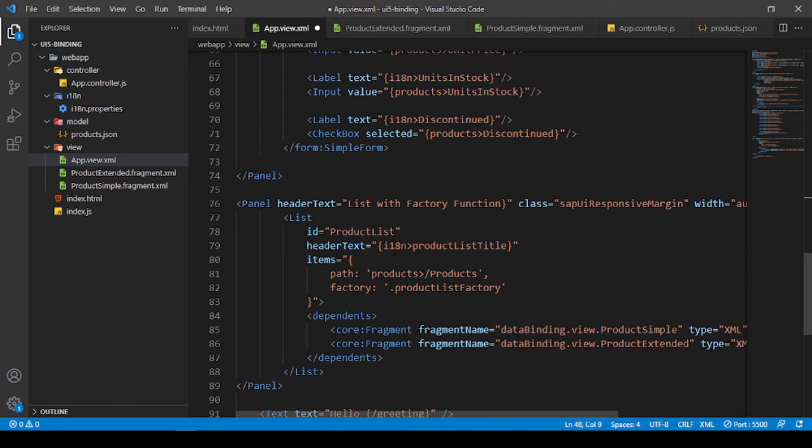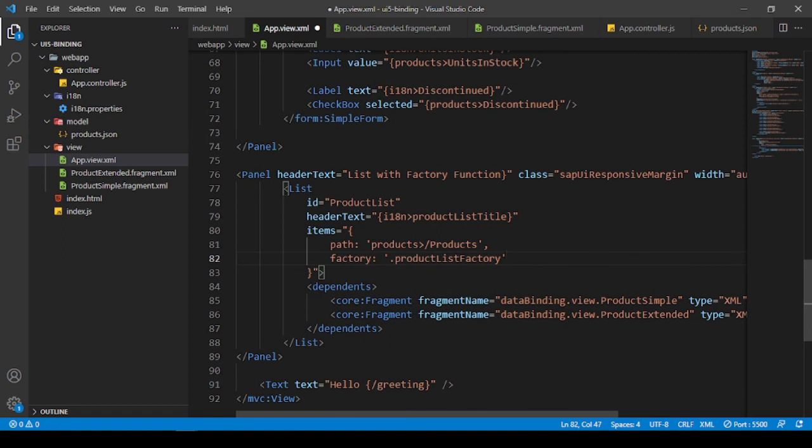So here is an example, like this a panel I have used, and I'm calling it a factory function example. And here what you can see, this is a list, and in this list this item is what we added last time as products. This time we are adding one more property and we are calling it factory, and we are defining a function that we need to define in our application view controller,